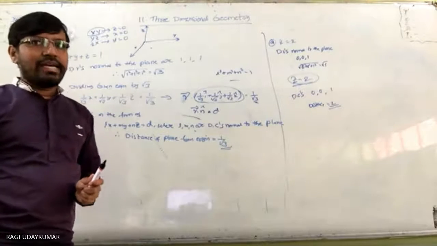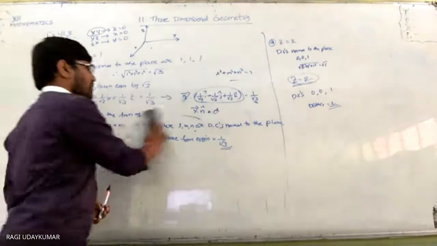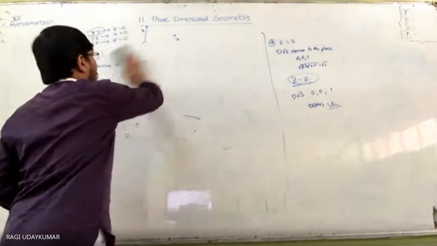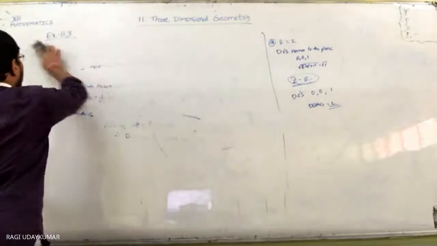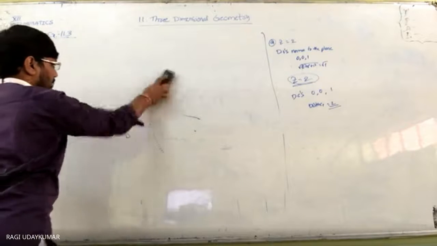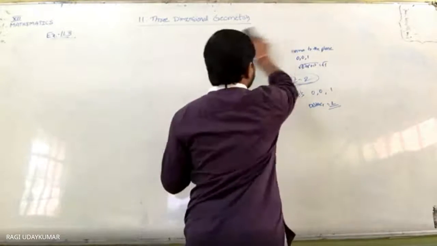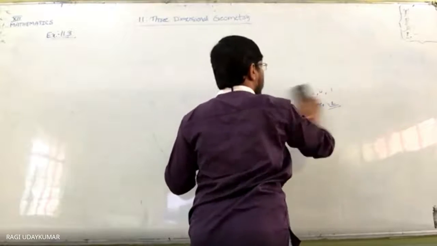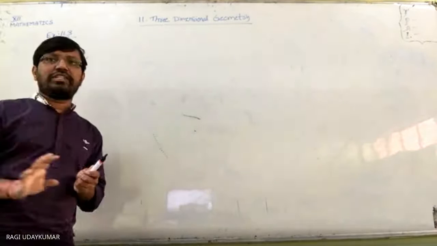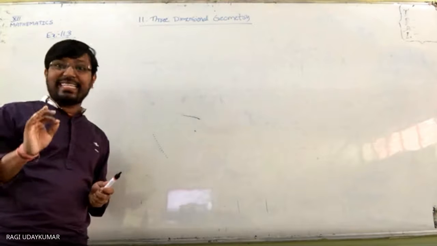Find the vector equation of a plane which is at a distance of 7 units from the origin. So the question is given to you. Be careful here. While I explain, please keep the textbook in front of you so that you can understand easily. So the second question is to find the vector equation of a plane which is at a 7 unit distance from the origin. D is given to you.